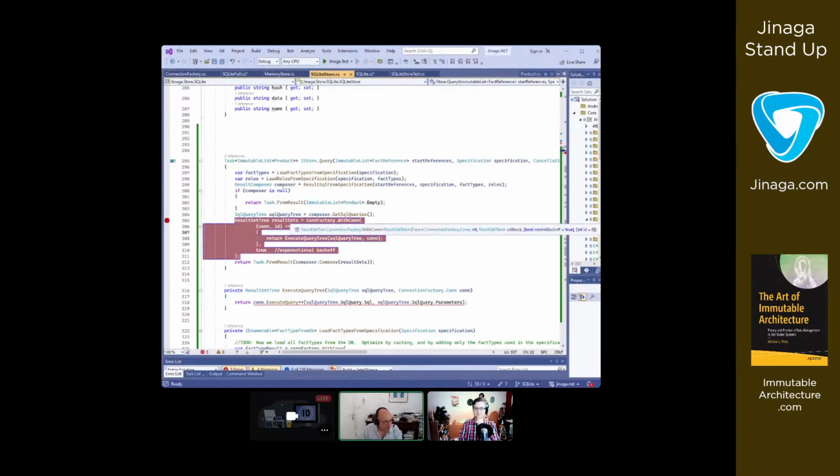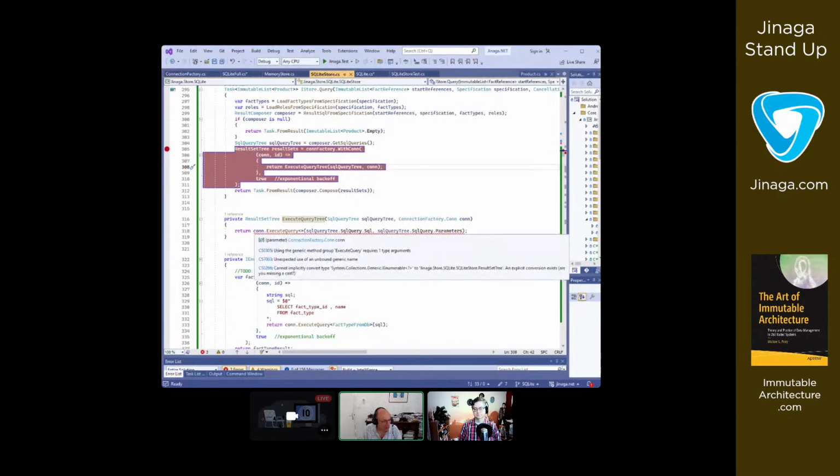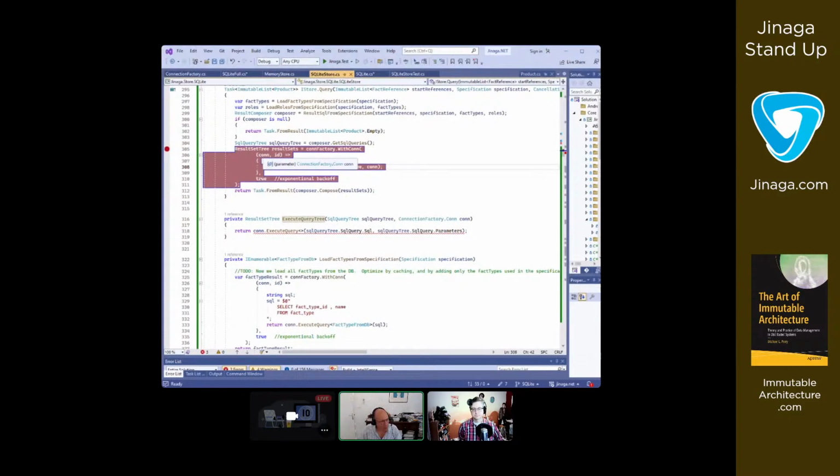Then I'm passing that into an execute query tree, which in my case, for the simple cases, just becomes my connection string, which I get from my connection factory, an execute query method, and I get a rollback, which I still have to define. We just have the SQL string and the parameters.